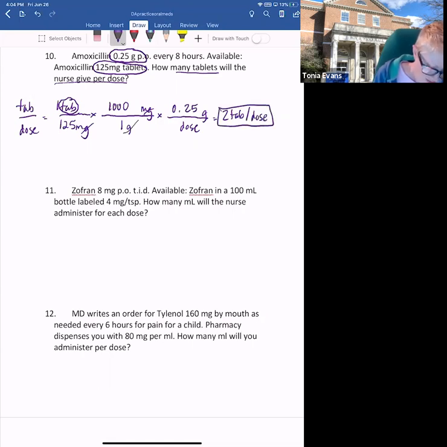No, I forgot to cross those out. Grams, dose, there we go. 2 tablets per dose. Now, when you're doing your problems, one thing that I do is the circling of the